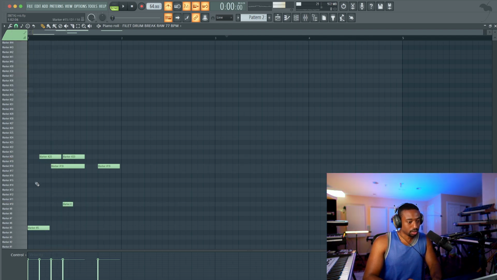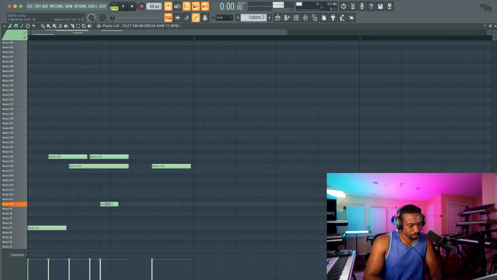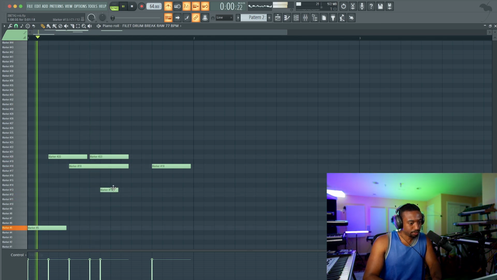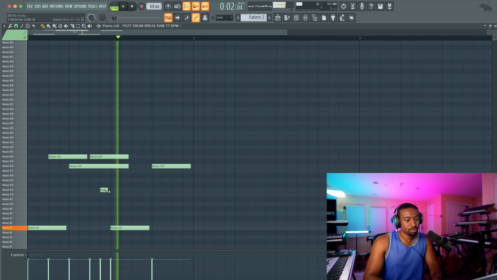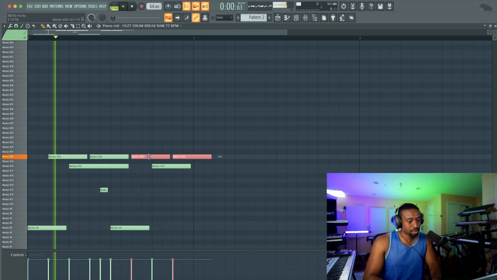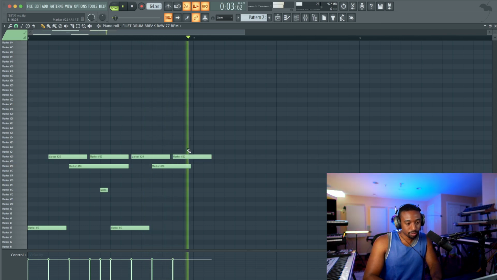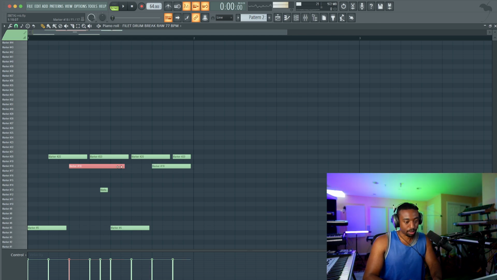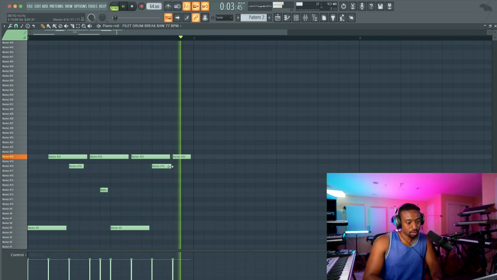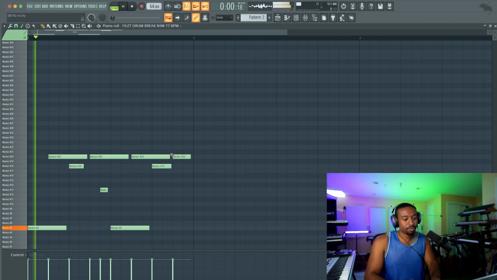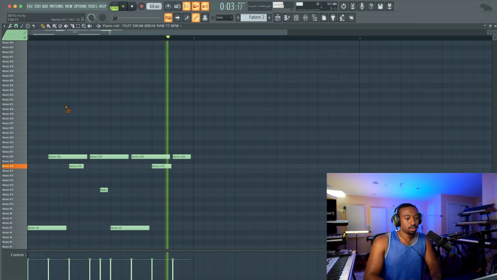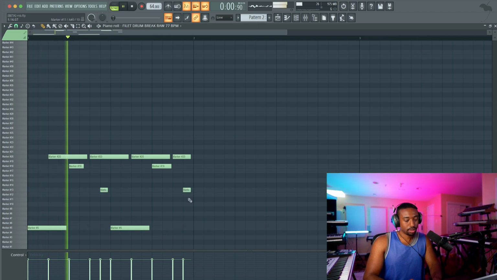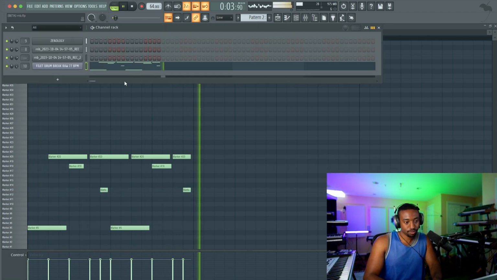Okay, so it's a little hard to kind of hear. We need a kick by itself. And then we need that kick with the open hi-hat on top. And then just repeat it. Keep in mind the snares have a hi-hat overlapping them, so you have to make the note short so it doesn't trigger the hi-hat. Now I like it at the end because it goes like that. And then just add that kick. Okay, so we're just going to repeat that.